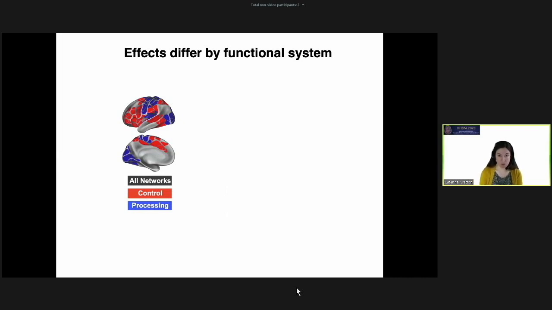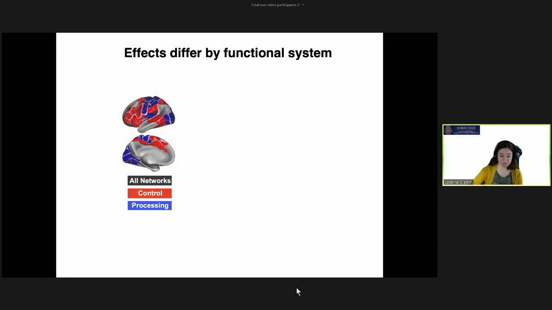How are these different sources of variance localized in the brain? We looked at this at a few different levels. First, I'm going to show you how these effects differ based on the type of network. We can separate out networks involved in top-down control, like the frontal parietal, cingulo-opercular, ventral, and dorsal attention systems, and compare those networks to networks involved in more basic sensory motor processing, like the visual system, the auditory system, and